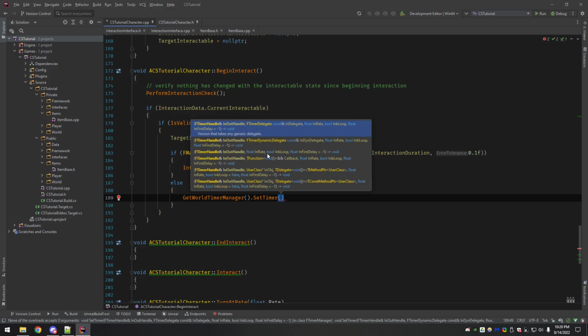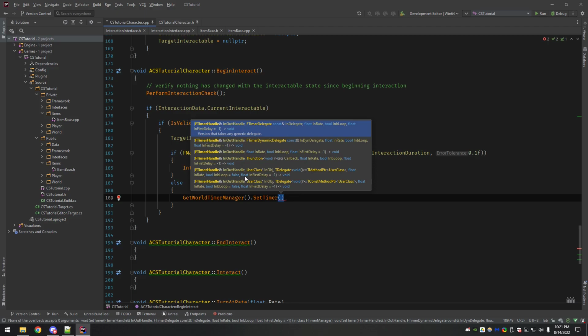What we're going to use is the one where you pass in a handle, a class, I believe it's this one, you pass in the function, and then you pass in the rate. So rate, it's a little bit confusing. When I first started this, I was like, this seems weird. Why isn't it called duration? Rate is like the duration. That's how long the timer is going to run. So right here, when you see float in rate, that's what that's talking about.